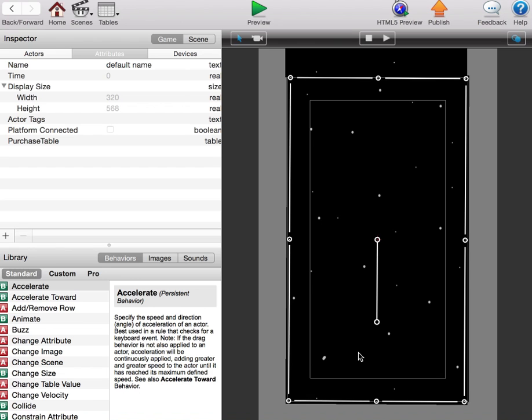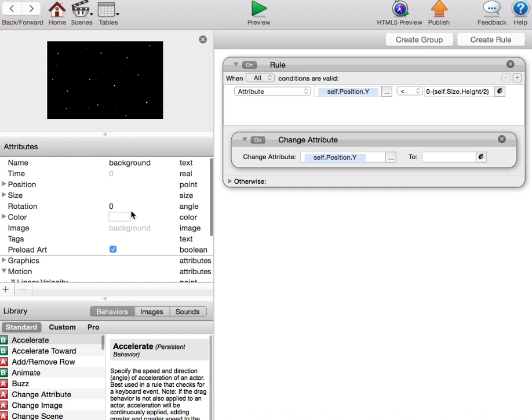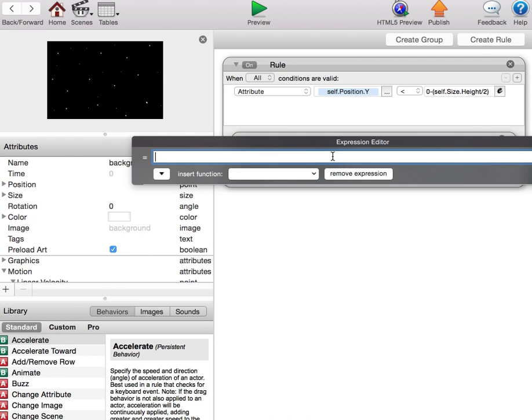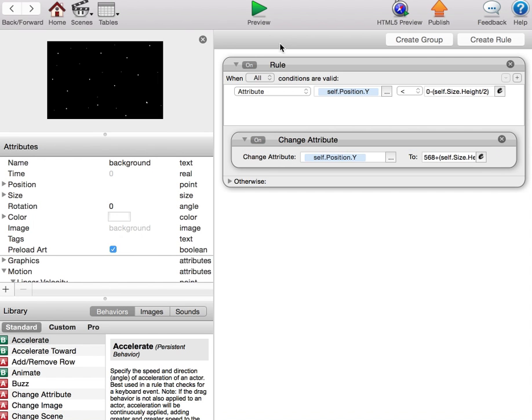And get that. And I'm going to go back to the actor, and I'm going to do the plus sign. So I'm going to do 568 plus, let's do plus, and then do self size height divided by 2, all right, to get half the height. So 568 plus half the height. And click OK. And now when we preview it, let's just put scrolling